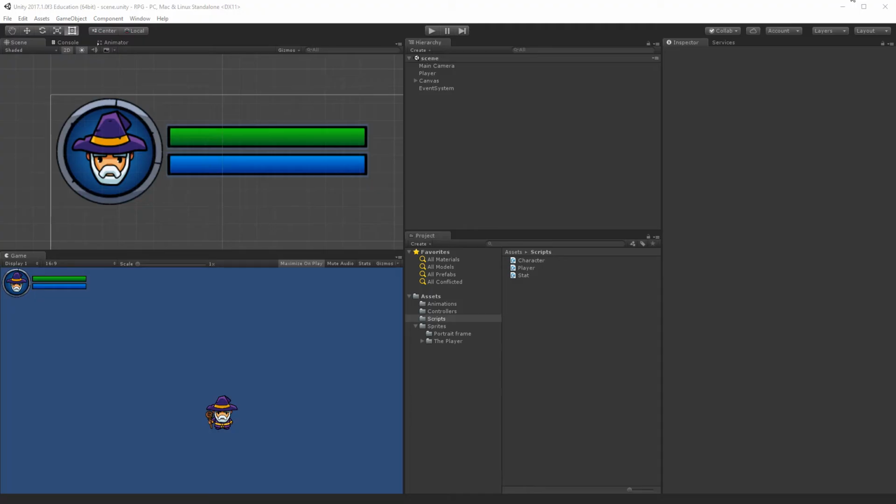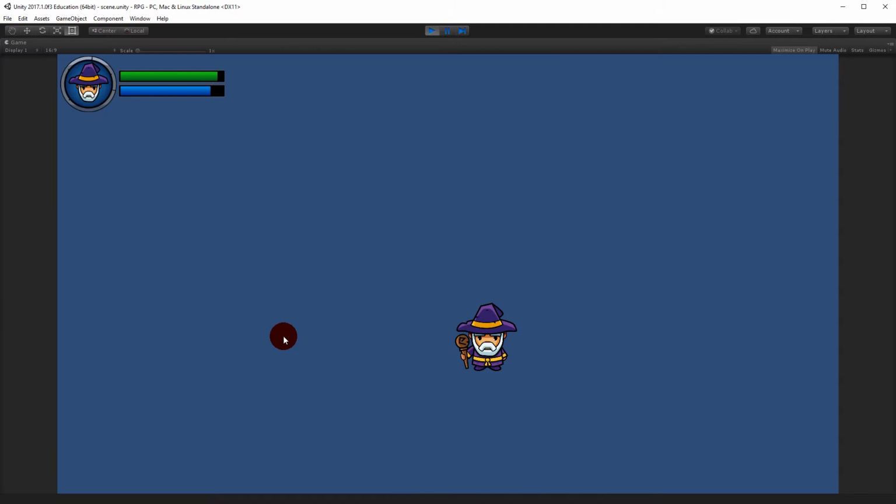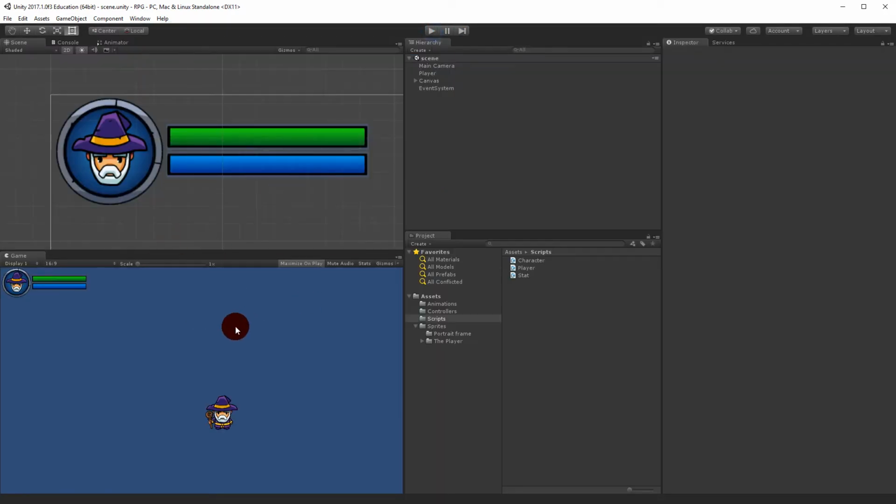In this video we are going to add some text to our health and mana bar. As of right now we can simply look at the bar and see how much health we have left by seeing how full it is. But we would also like to add some text to it so that we can read how much we have left, so that we can actually see the value. And it's also going to make it easier for us to determine how much health we have if we can